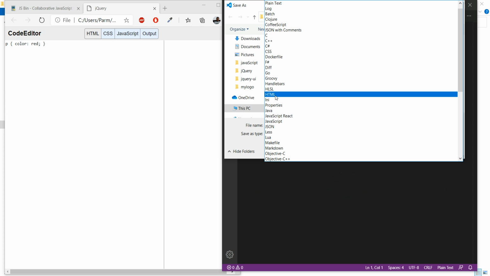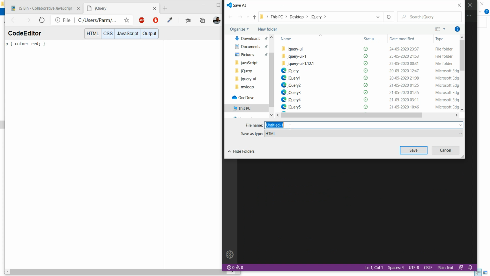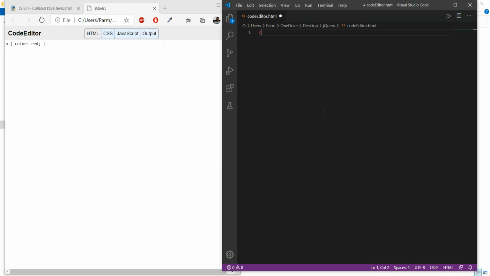The file type is HTML, and here I have to give the name. I'm just giving it the name code editor. Okay, save it. So here we go.